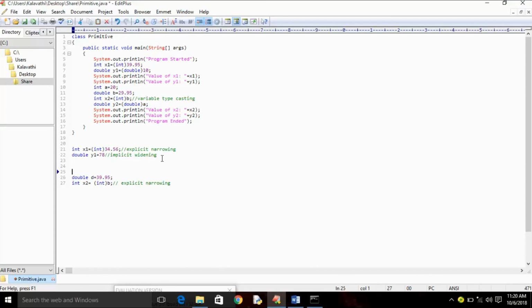Here, if I give int a equal to 15 and double y2 equal to a, this is also implicit widening, because the value of a is 15, and when implicit widening is done, the value of y2 will be 15.0.